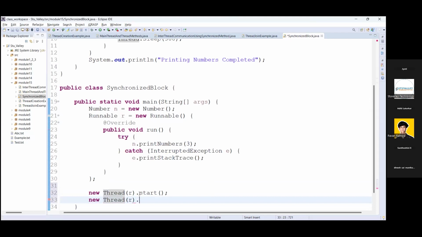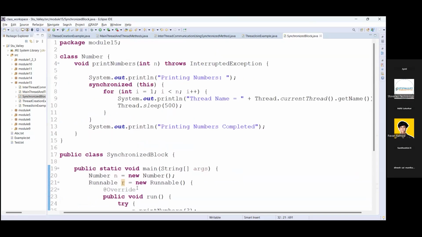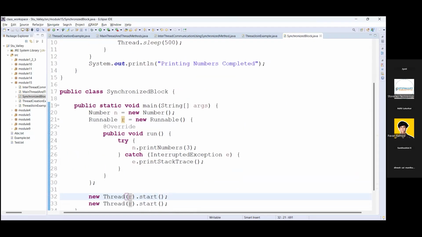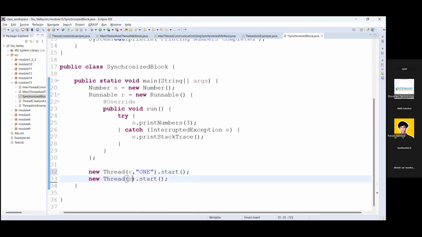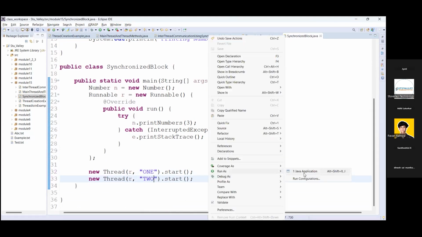We are not actually saving those objects, we are only passing them. To differentiate between these, we will use the constructor with runnable reference and name. I'm executing this.